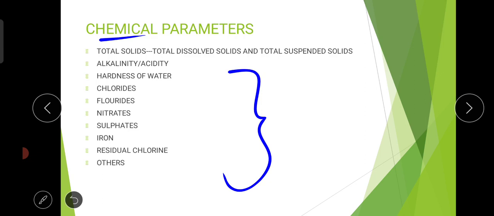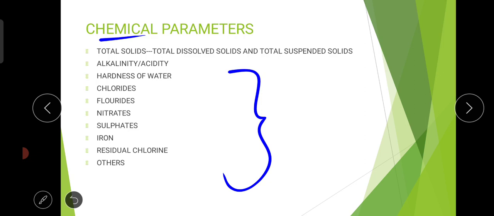Next, after collecting the filtrate, keep that filtrate in the oven for evaporating. After complete evaporation, weigh the beaker again. You will get the dissolved salts. Dissolved salts plus suspended solids left behind on the filter paper will give you the total solids present in that particular liter of water. For a liter of water, total solids should be less than 500 mg per liter, here 250 mg per liter in both cases. Like that you have to evaluate.